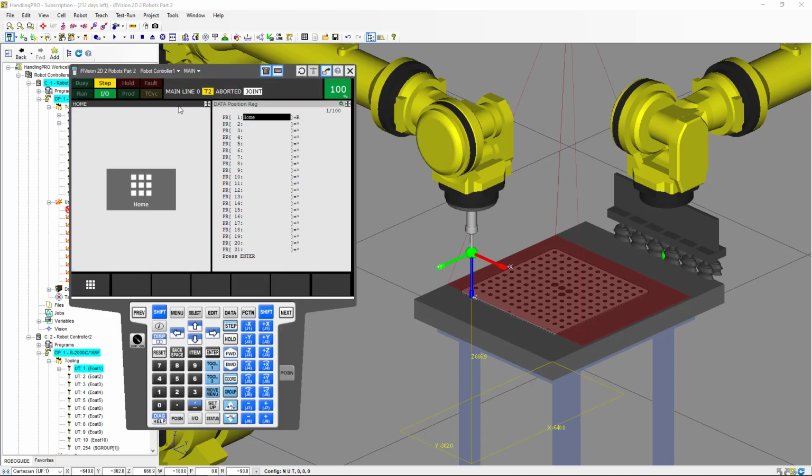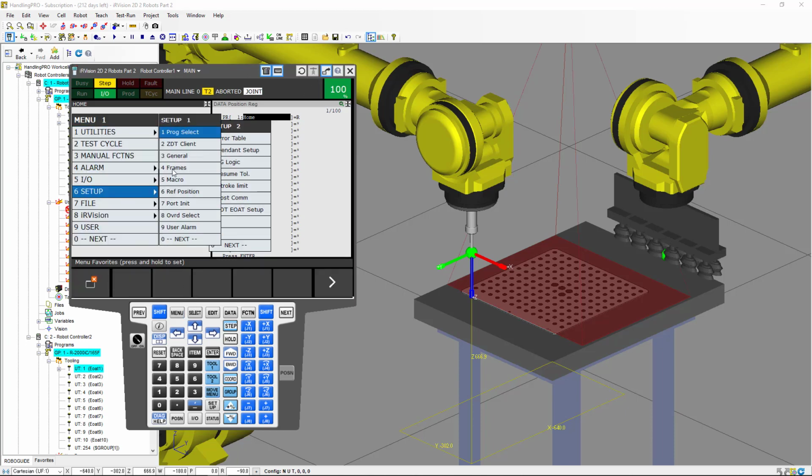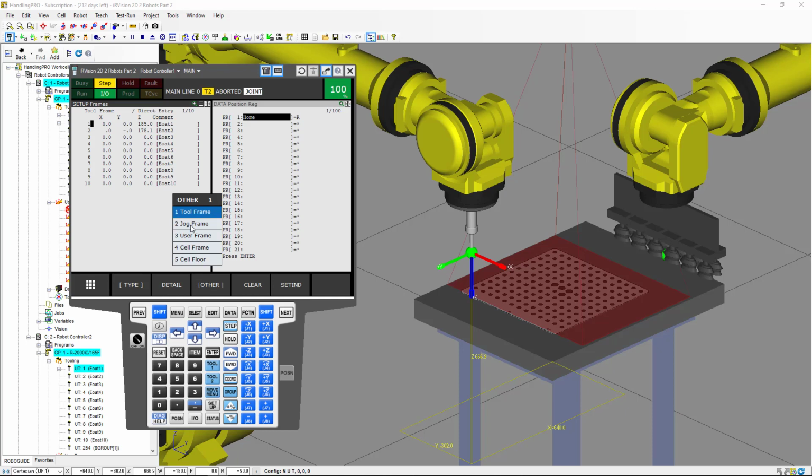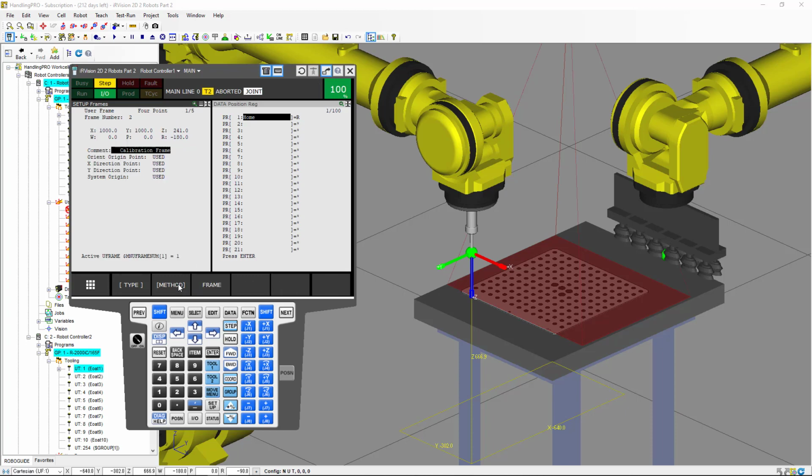We're gonna select the robot controller number 1. We're gonna go to menu, set up frames, and select the user frames. And we're gonna set the user frame number 2 as the calibration grid frame. We're gonna go to details, and use the 4-point method for setting up the